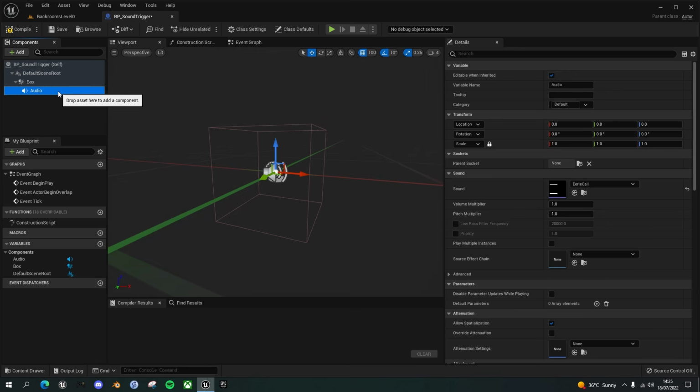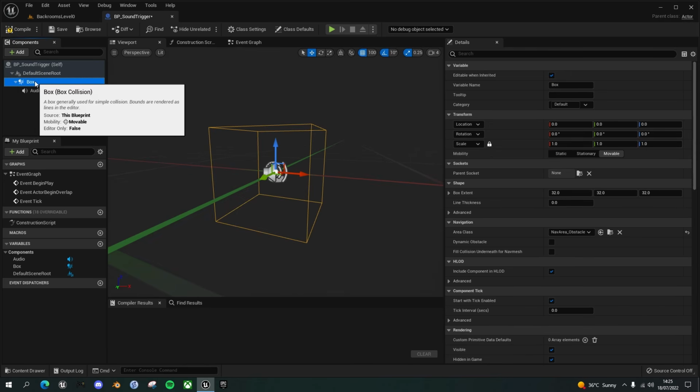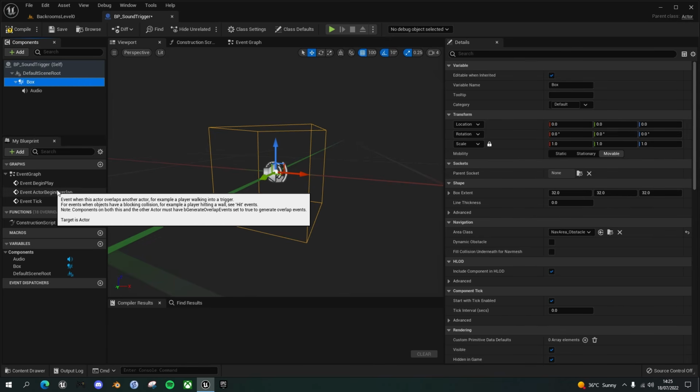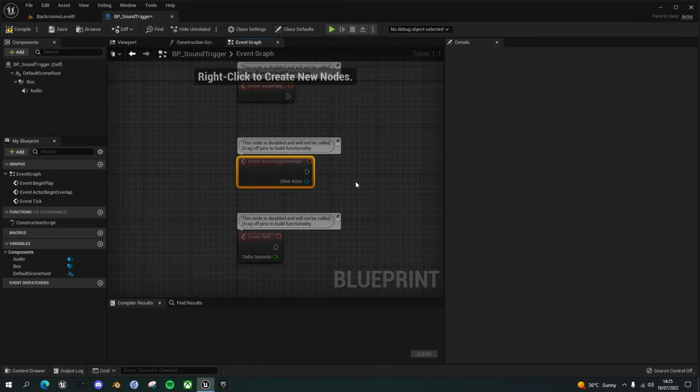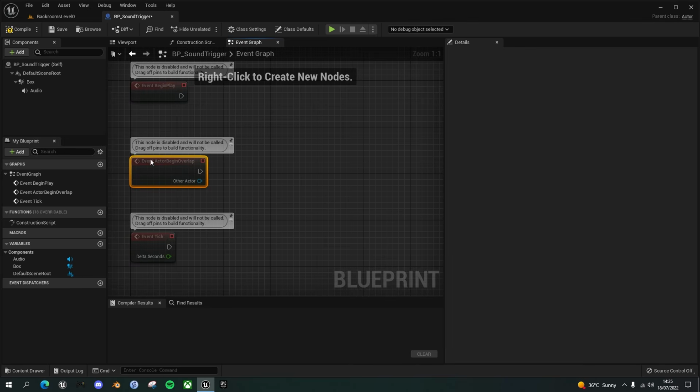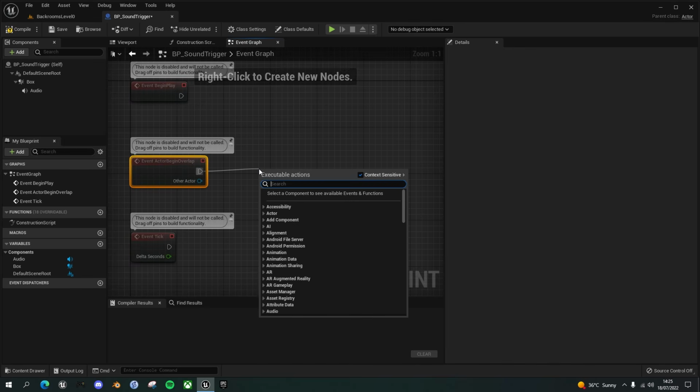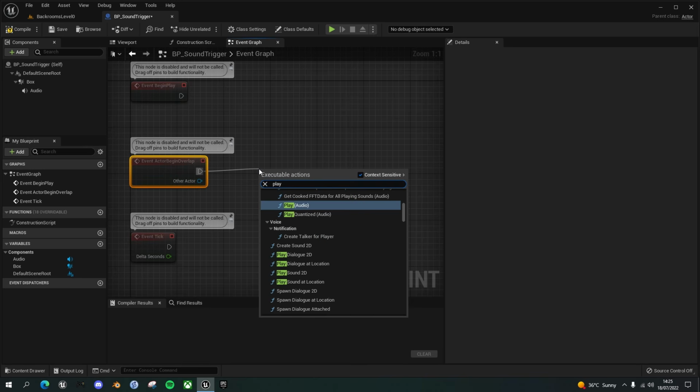So that's the sound we'll play, but it won't play by default. Go back to the box and you'll see there's this event, begin overlap. It says it will fire when another actor overlaps this actor, for example the player walking into a trigger. So double click on that, and from this event drag over here and type play audio,